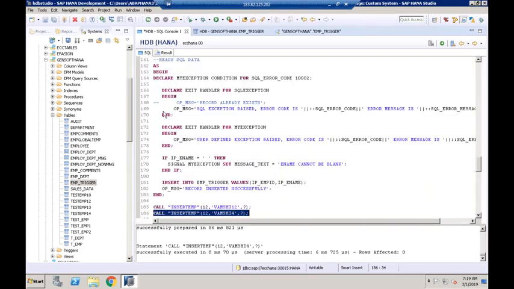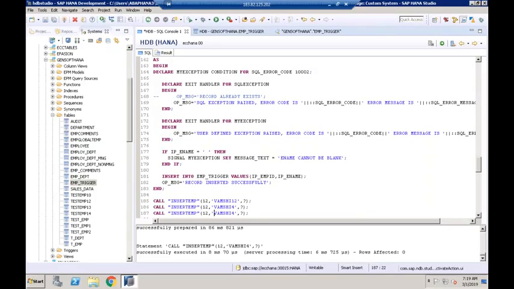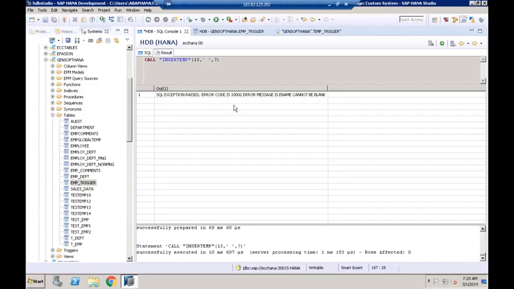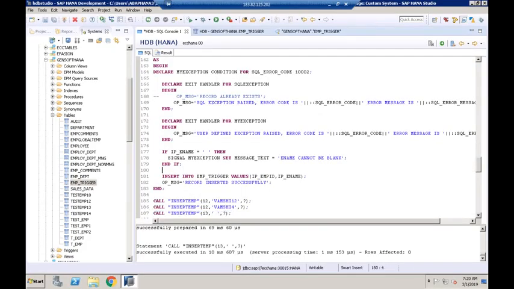Now I'll say, 12 is already there, so I'll give 13. But I'll try to give blank value for the employee name. Let's see what happens when I say F8. Good. SQL error code is what? 10,002. Error message is what? E-name cannot be blank. So what I'm trying to show here is that your procedure block can contain an exception